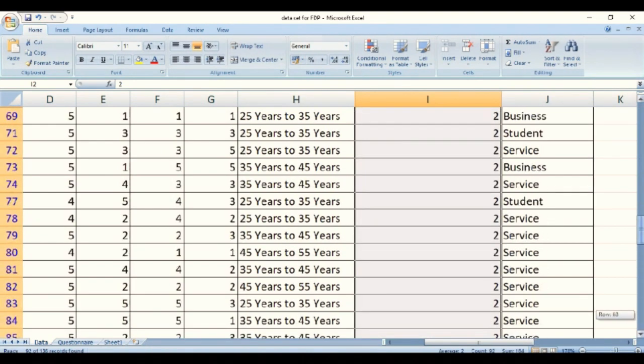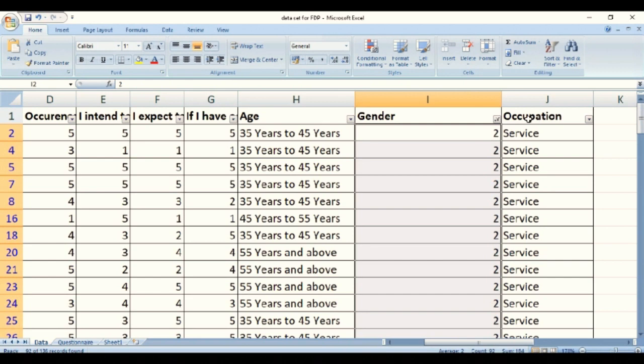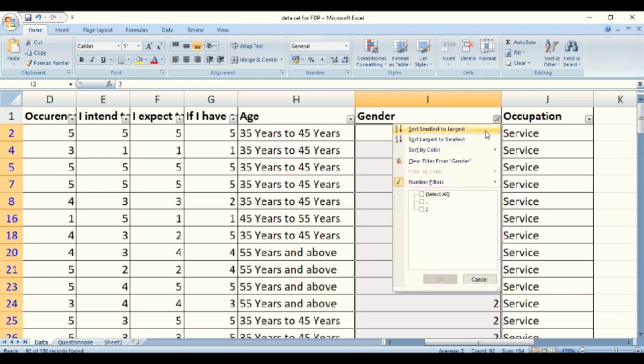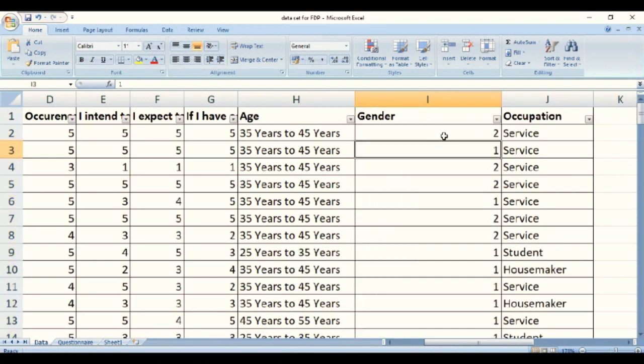So, our coding is complete. To see it, we will select both 1 and 2 in the filter and click OK. Now, wherever there is 1, it means male, and wherever there is 2, it means female. This is the process of coding for nominal scale.